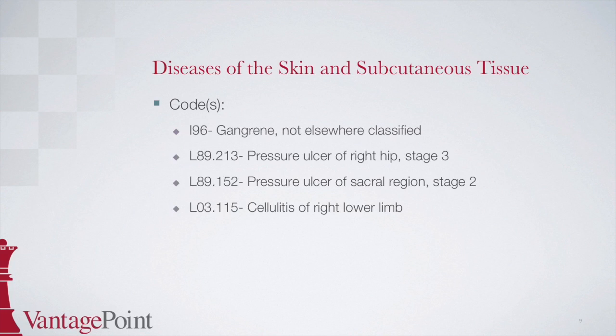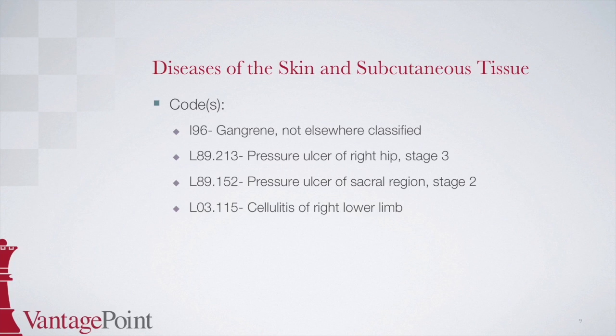The first code is I96, gangrene not elsewhere classified. Remember that the guidelines state that if gangrene is documented, this must be coded first. To locate this code, start at ulcer in the alphabetic index and then locate gangrenous. There is a note which states see gangrene. The code next to gangrene is I96, which you would then confirm in the tabular. The next code is